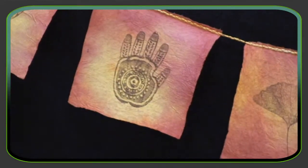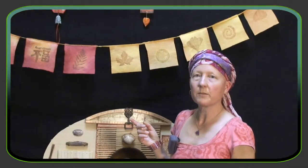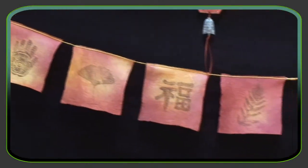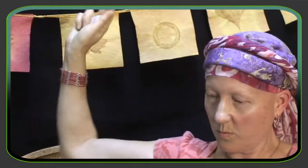The thing with the flags, I've been doing those for almost 20 years. The prayer flags have a special meaning for me because it brings in the feeling of spaciousness and the energy that's around us. They kind of have a subtle effect. And the feeling of the flags, I have this sense of what it feels like. I like dealing with what it feels like around